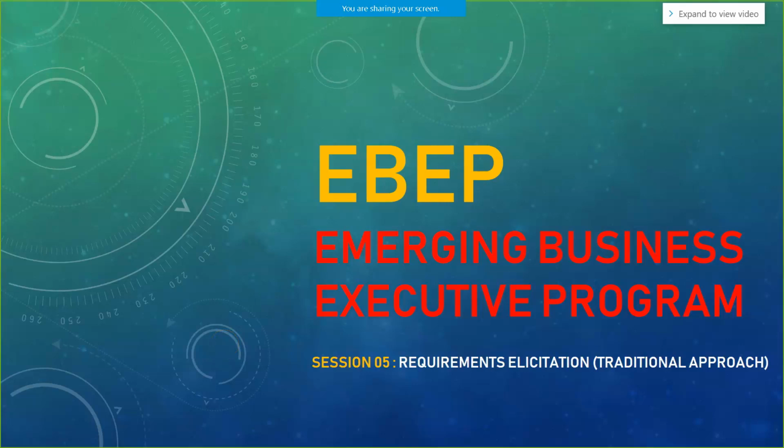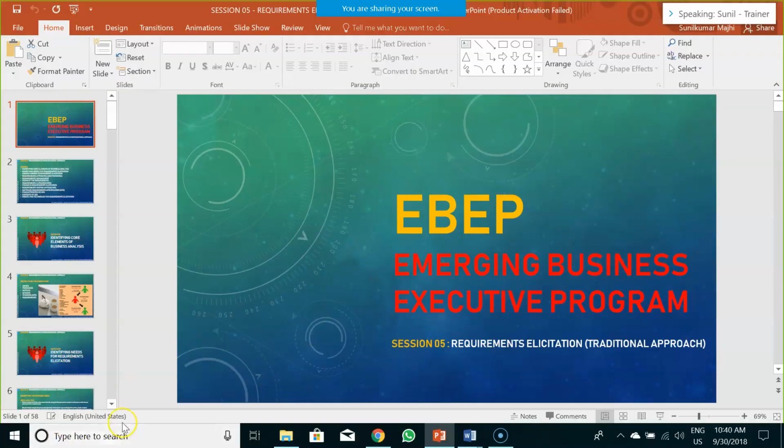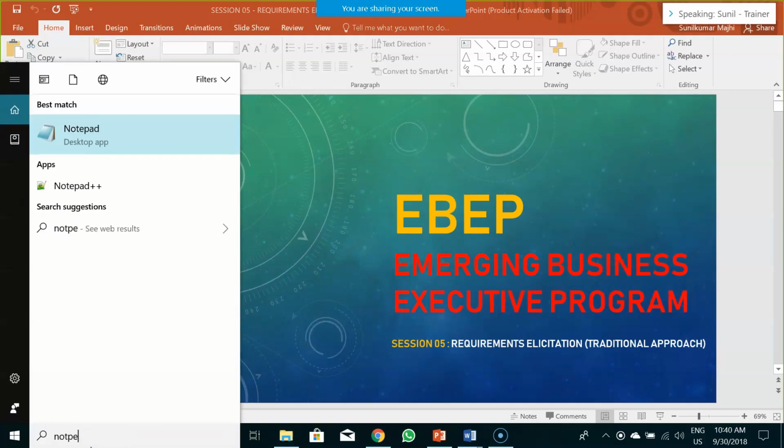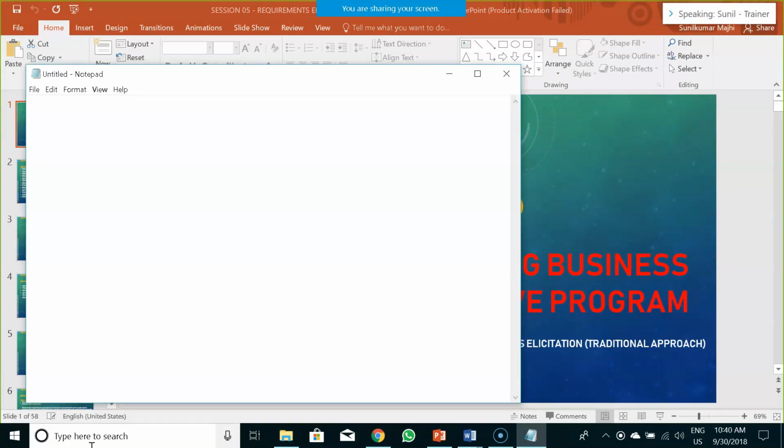So, to begin with today's session, so far we have covered the important elements in business analysis from a strategic standpoint. If you see the business analysis knowledge area, there are around 6 knowledge areas. One is strategy analysis, or sometimes also called enterprise analysis. So far we have covered the request for proposal, the business case, the process standpoint, and the frameworks. They are all part of your strategy analysis knowledge area in business analysis.